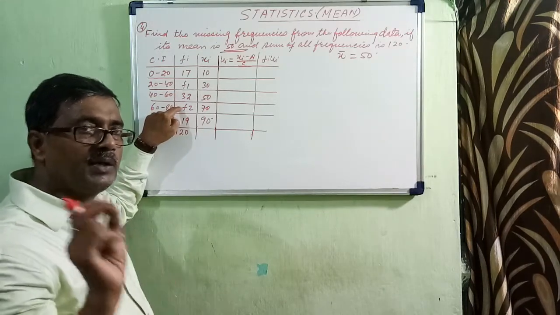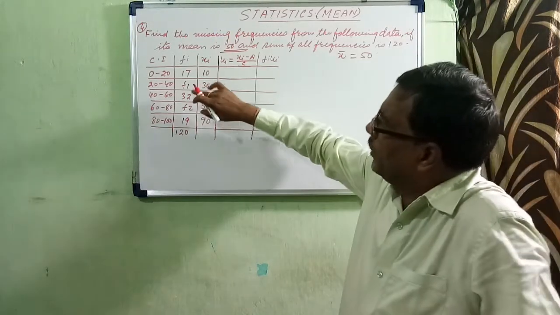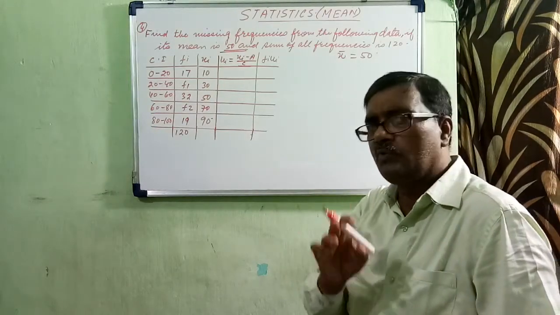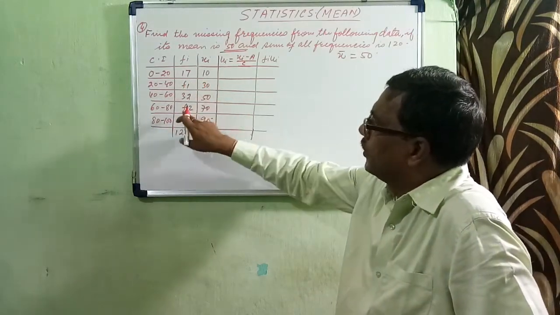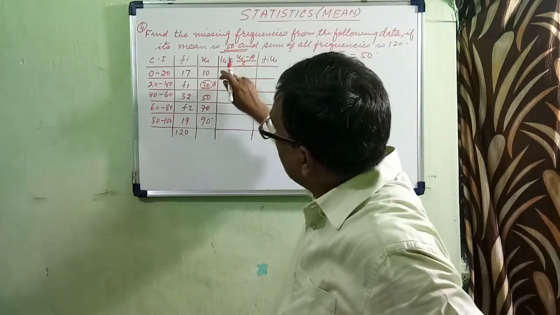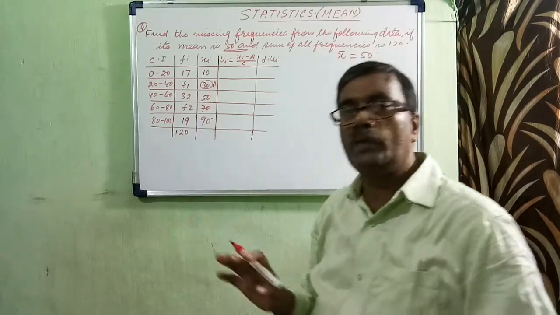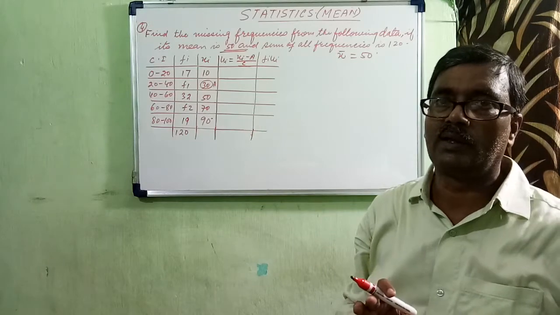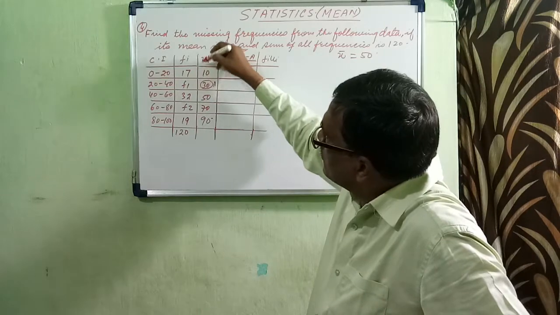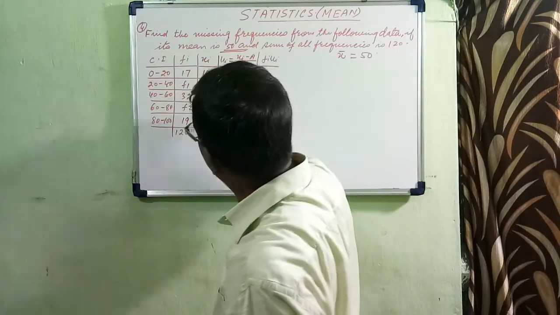So that is why here you apply a trick. Wherever F1 or F2 falls, that corresponding Xi you can take as A. Either you take F1 as 30 or F2 as 70. I prefer to take this as A. You don't take this one or this one. Even if you take, you will be able to get the answer, but it will be very, very lengthy. So always keep in mind that wherever F1 or F2 falls, its corresponding Xi is considered as your A. So here you have A.